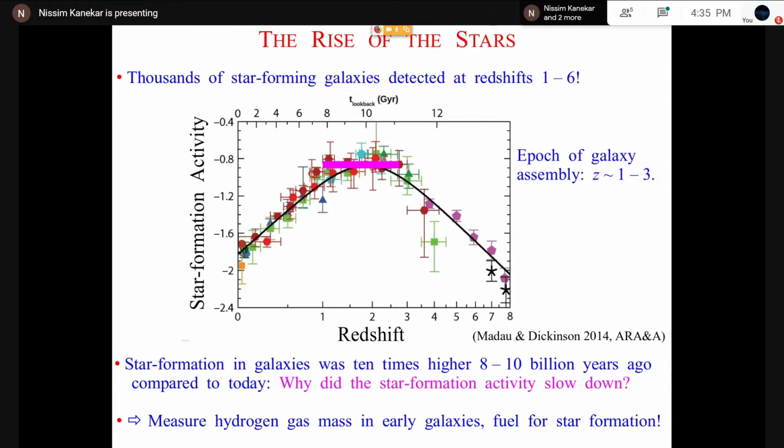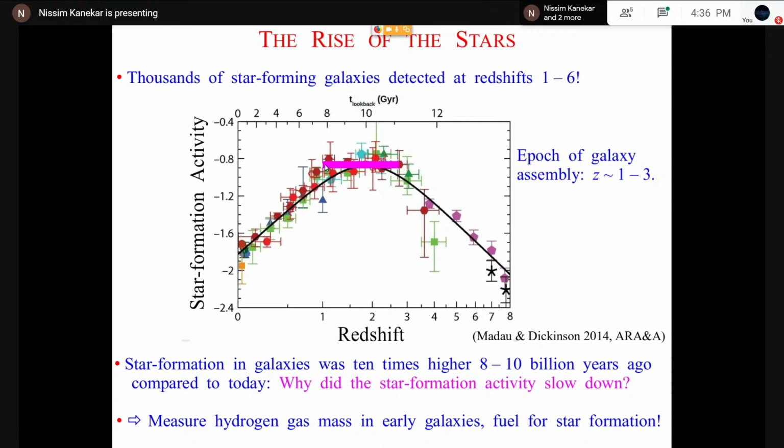How actively a galaxy is forming stars in the universe as a function of redshift. And what they found, and these are all individual measurements, was that at very early redshifts, which is very early times, star formation activity in galaxies is relatively low. Star formation activity in the universe is low, and it slowly rises. This is basically galaxies forming, gas flowing to the center of galaxies and forming more and more stars. And by about 11 billion years in the past, or redshifts about 3, the star formation activity is fairly